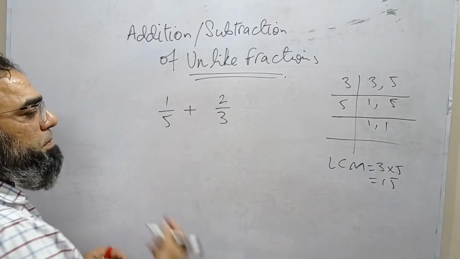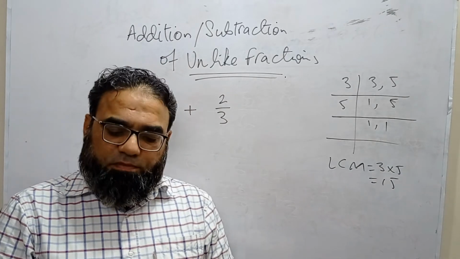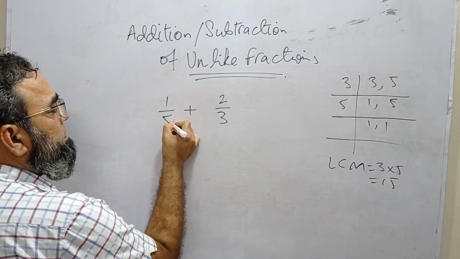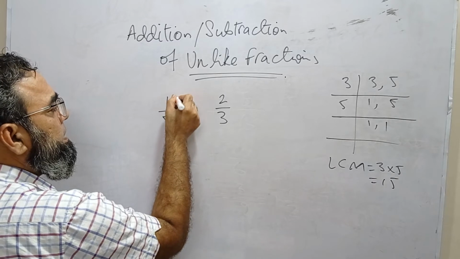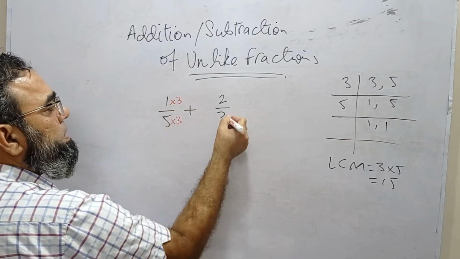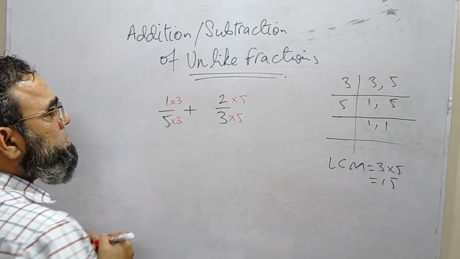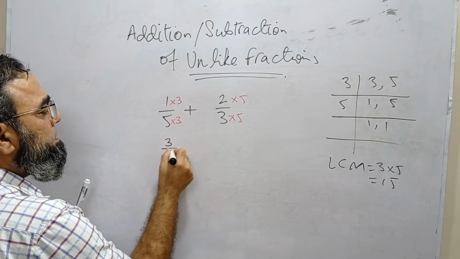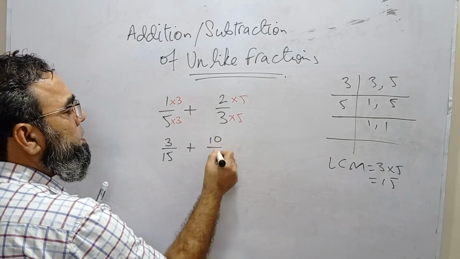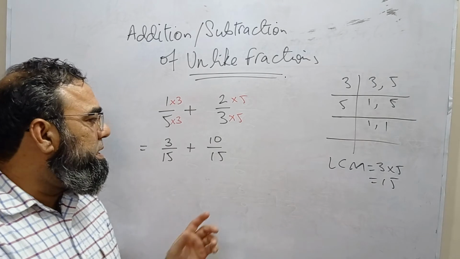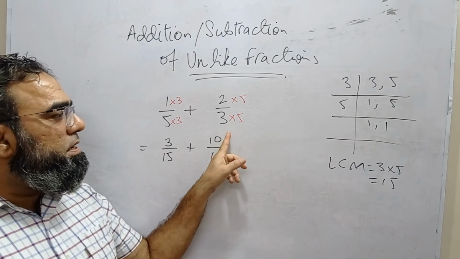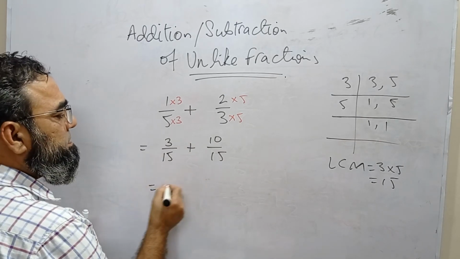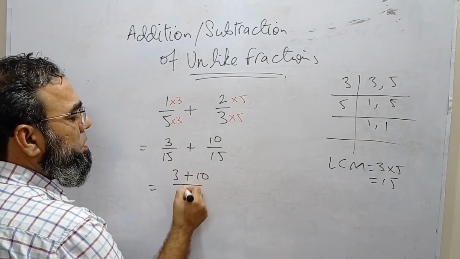So that means 15 can be a denominator of both of these two fractions, okay? So how can I make this 15? So yeah, we know that 5 3s are 15, so if I multiply the denominator, I should multiply the numerator. This is 3 5s are 15, okay? So now these two fractions become 3 over 15 and 10 over 15. Look at this. Now this actually means these are 3/15ths and these are 10/15ths, okay? So altogether there are 13/15ths. This is 3 plus 10 over 15, that is